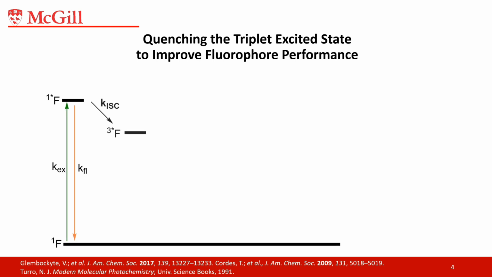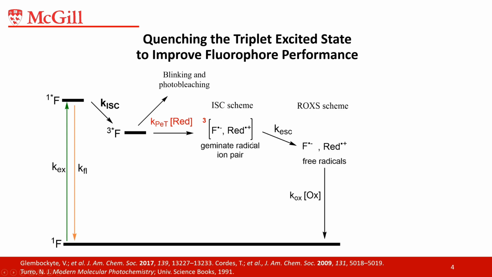In a typical experiment, the ground state is excited to the singlet state and then relaxes back to the ground state by emitting a photon. Ideally, this cycle would be infinite. However, from time to time, the molecule can go through intersystem crossing to the triplet state, which is critical to blinking and photobleaching. Our strategy here is to use a reducing agent first to form the triplet geminate radical pair,